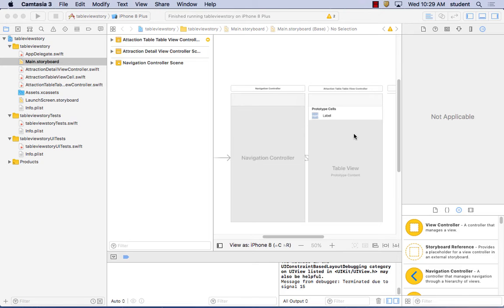So again, on page 201, understanding the navigational control. Navigation-based applications present a hierarchy approach to displaying information to the user. Such applications typically take the form of a navigational bar, or UI navigational bar, and a series of table-based views. The UI table view is what we were using. Selecting an item from the table list causes the view associated with that selection to be displayed. The navigational bar will display the title corresponding to the current display view together with a button that returns the